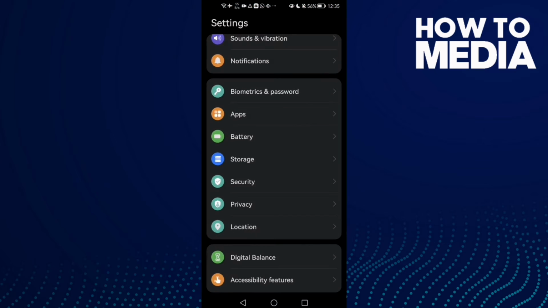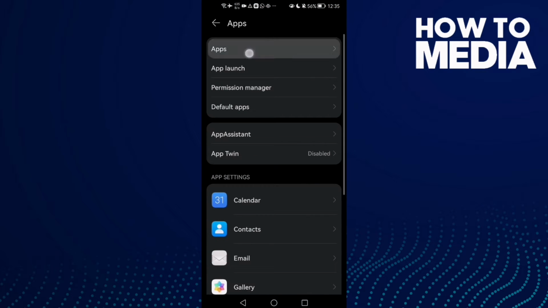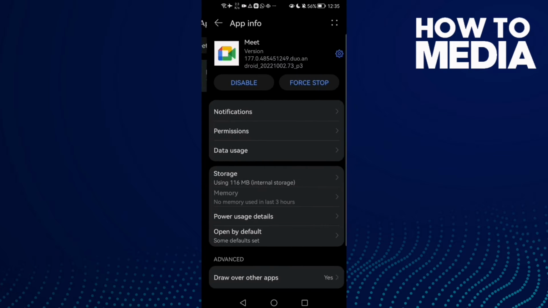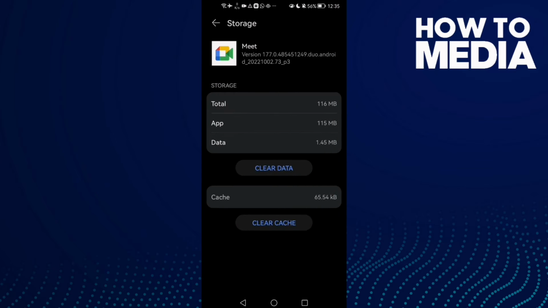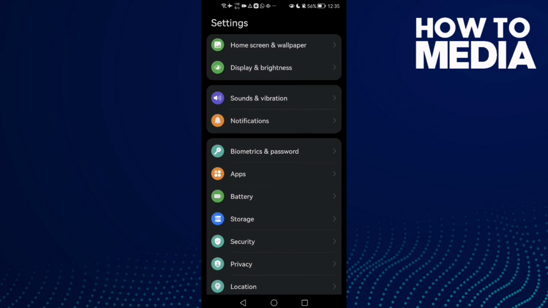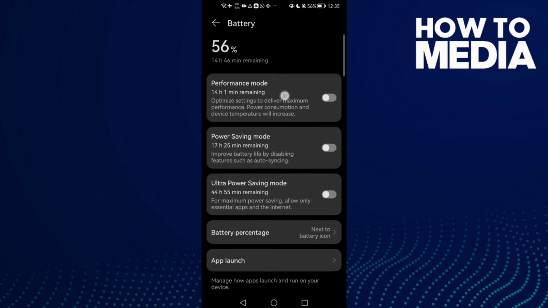First open settings and then scroll down until you find apps, and now click apps again, and here type Meet and click on it, then click force stop. Now go to storage, clear cache, and after that go back and then go to battery, and here enable performance